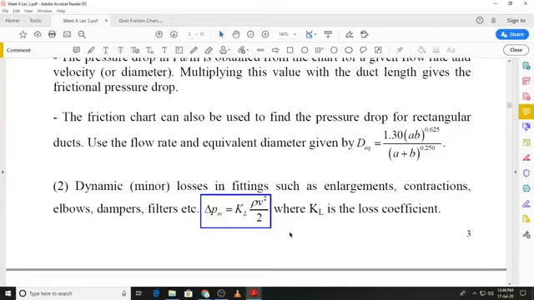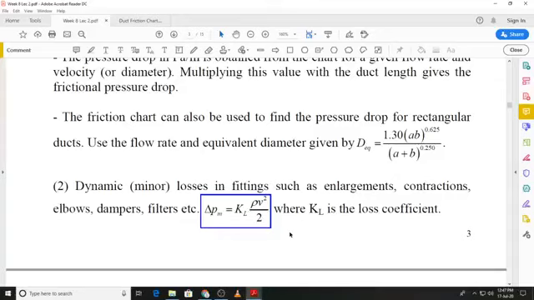Half rho V square is the dynamic pressure, and it is multiplied by the loss coefficient to give us the dynamic or the minor loss in fittings such as enlargements, contractions, elbows, etc. And the loss coefficients are provided by the manufacturers. In fact, there is an ASHRAE database which will provide you with loss coefficients for over 200 different types of fittings which are used in HVAC